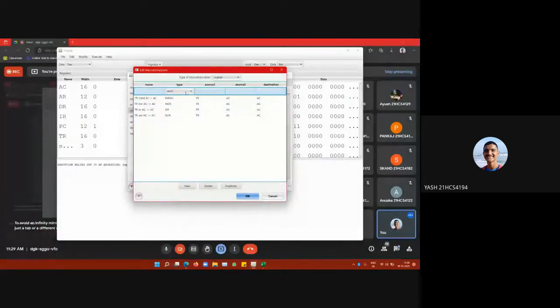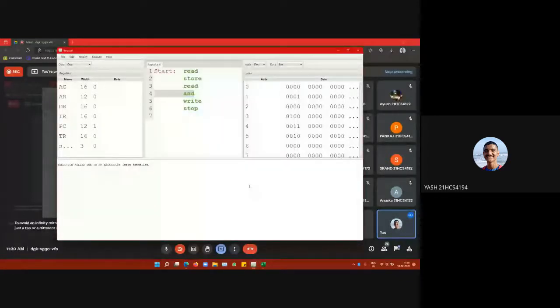Type of operation, we can see that inbuilt we are getting AND, OR, NAND, NOR, XOR, and NOT operations. So currently we will be using AND. So if we run the program,